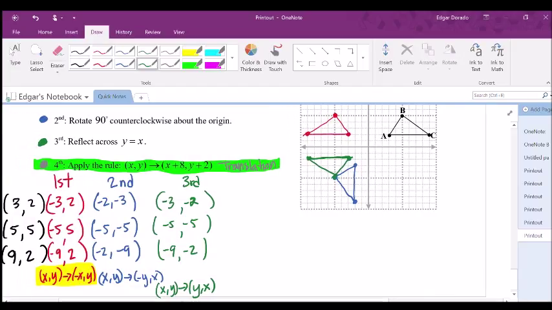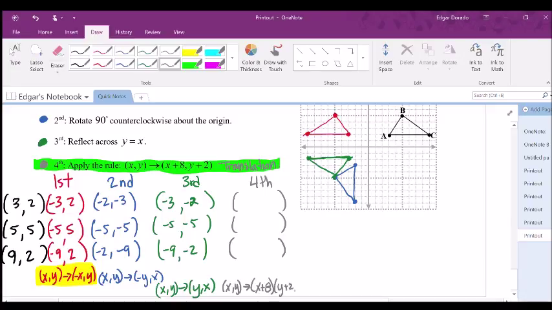And then finally, as a concluding transformation, forward. Yeah, that doesn't make sense. Fourth. Wow, that was pretty bad. But anyways, all right, let's go ahead and do our fourth transformation. And that is a small translation that tells us to apply the rule x comma y turns now into x plus 8,